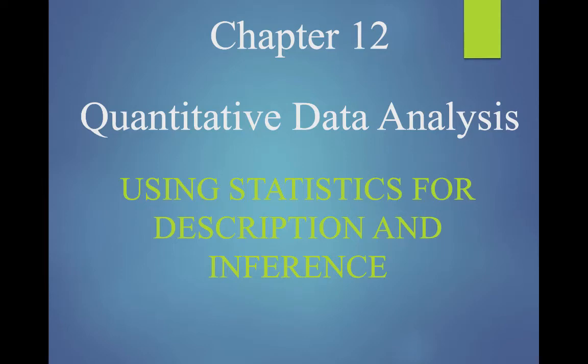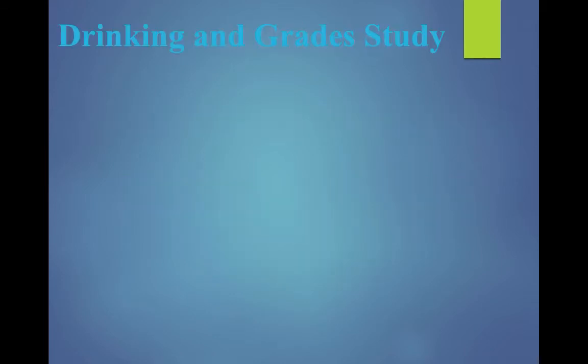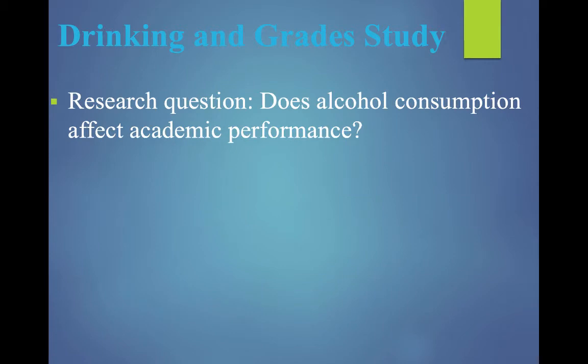All right, this is an audio review of Chapter 12, Quantitative Data Analysis Using Statistics for Description and Inference. So, in this chapter, we're going to talk about the process of quantitative analysis, descriptive and inferential statistics and what that means and how they're different, data processing, data inspection and modification, preliminary hypothesis testing, and multivariate testing. All right, so like in any other chapter, the book uses examples of research in order to demonstrate